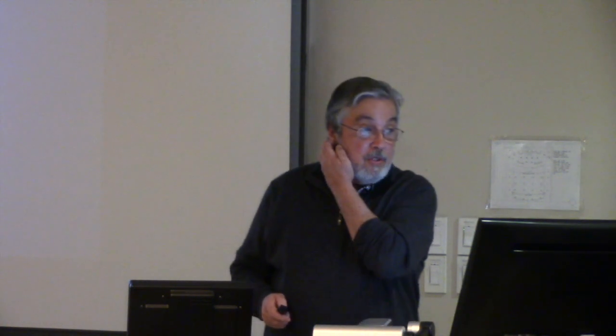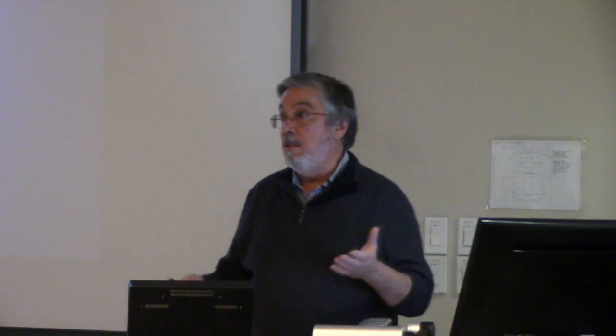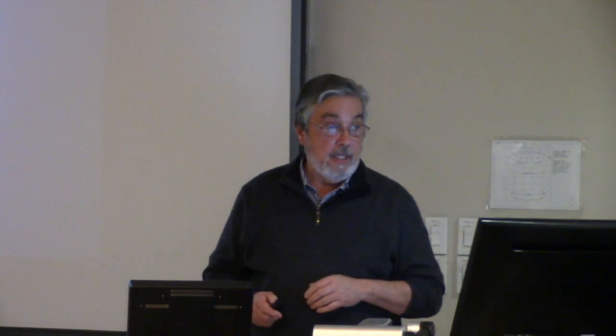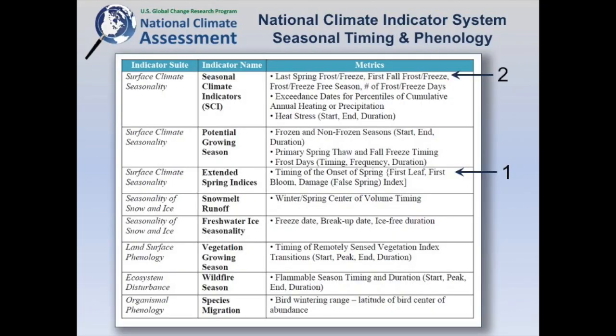So some examples of these that came out of a team that I was part of was this indicator system on seasonal timing and phenology, and it included things like surface climate seasonality, things that I've already mentioned, like last spring frost, freeze, first fall frost and freeze, cumulative annual heating, heat stress, those type of things,